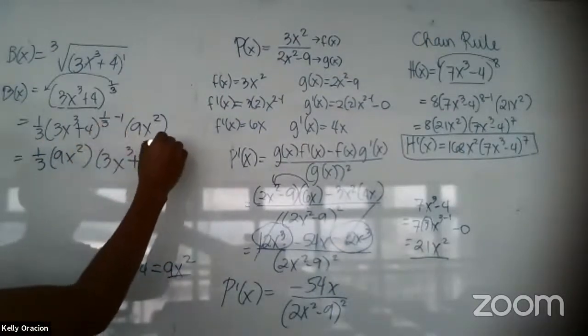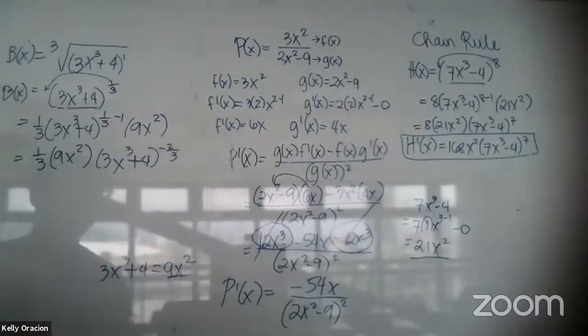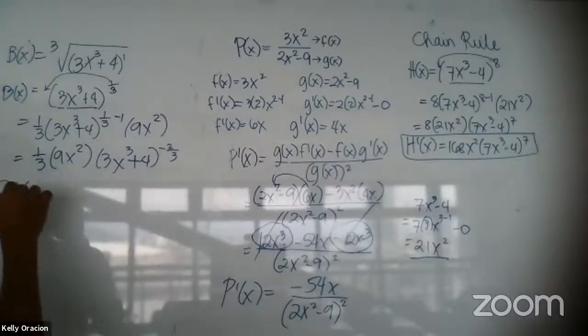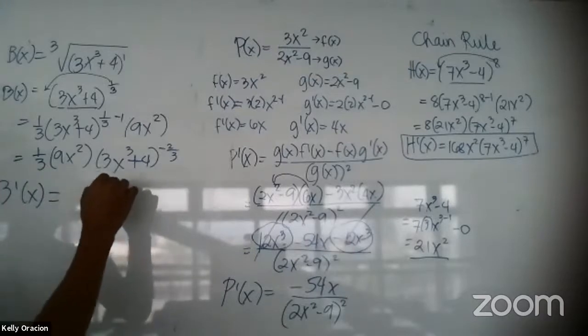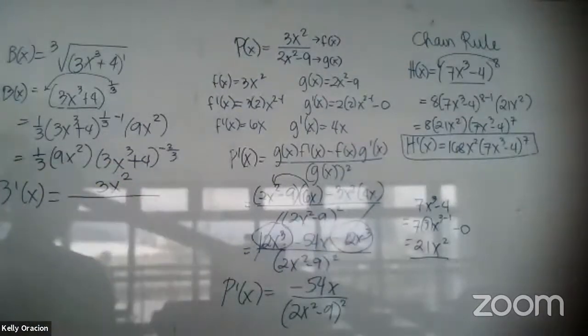1/3 minus 1 is negative 2/3. Okay? 1/3 minus 1 is negative 2/3. And you will have your final answer. 1/3 times 9 is 3. So that's 3x squared over,